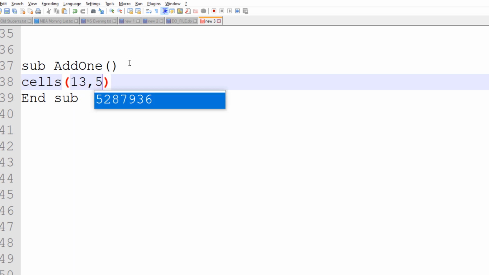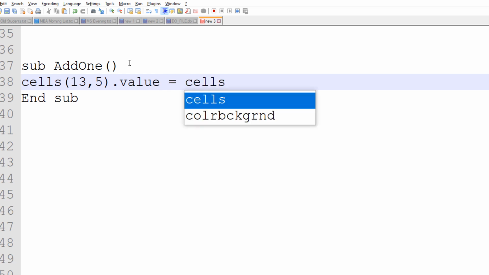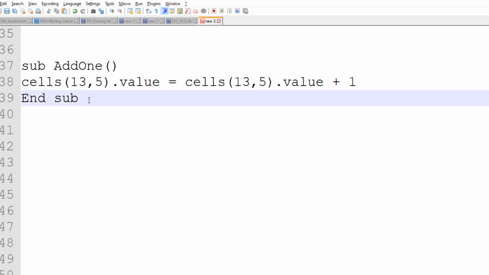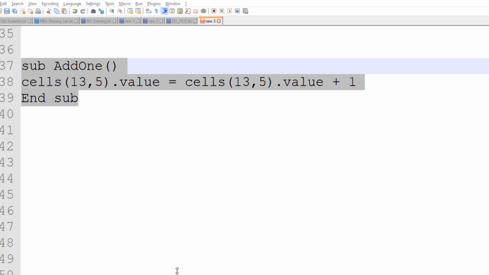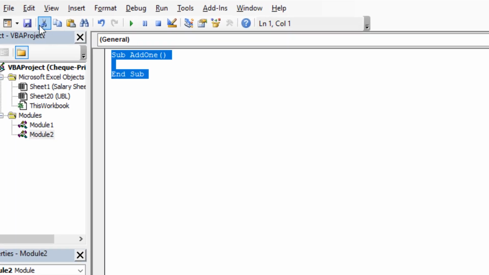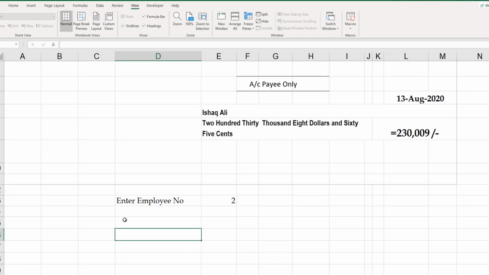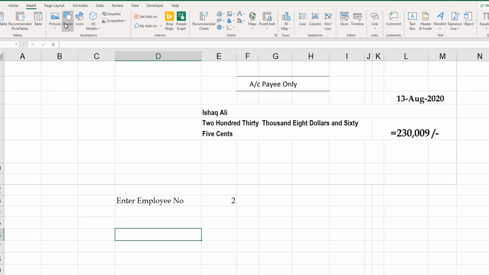So Cells(13, 5).Value is equal to Cells(13, 5), actually should be 13, comma 5, .Value plus 1. So once this macro is run, the cell value should increase by 1. So this is our macro, and let's close it and let's create a button for this.